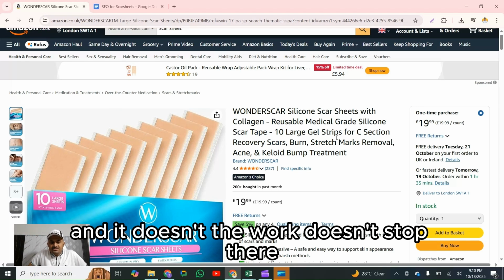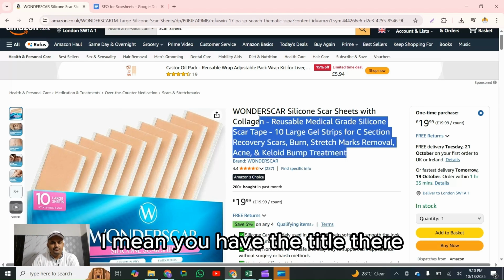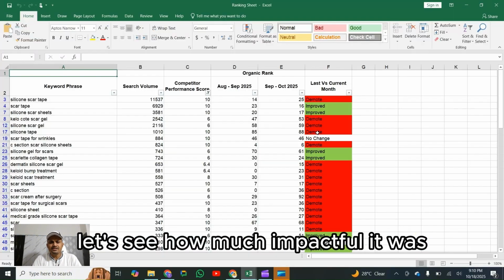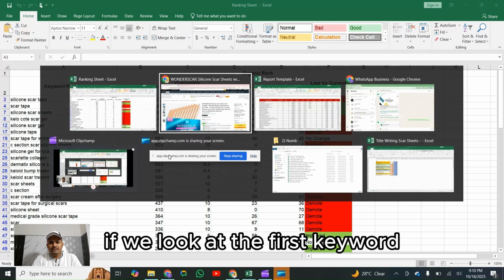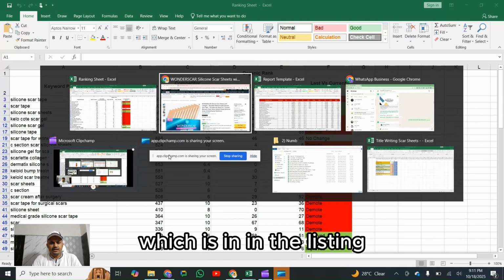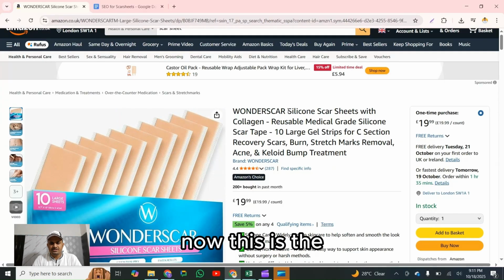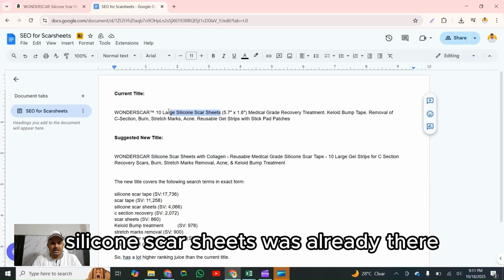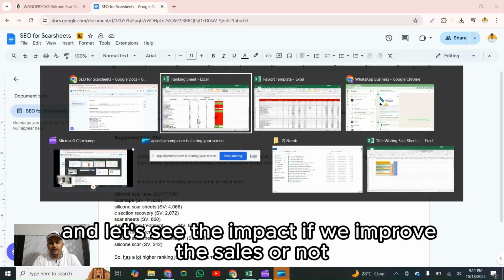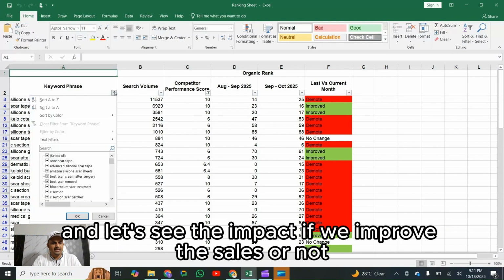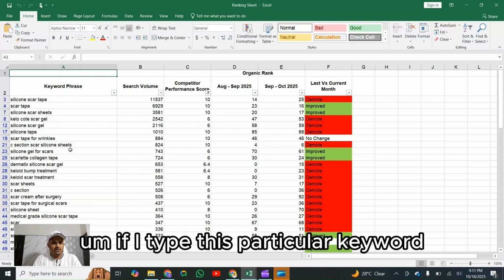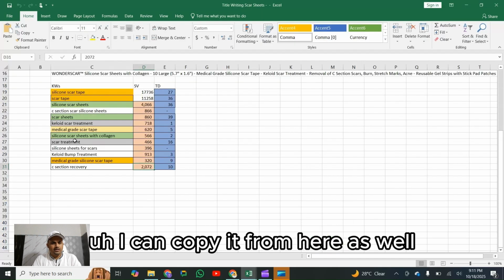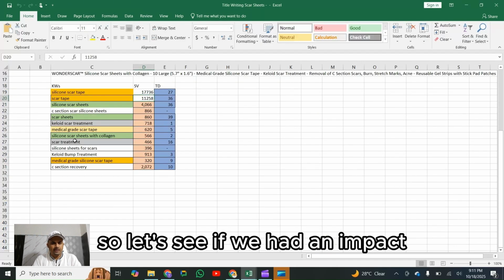And the work doesn't stop there. You have the title there, and then you have to observe the impact. So let's see how impactful it was. If we look at the first keyword in the listing, silicon scar sheet, this keyword was already in the previous title. Let's see the impact, if we improved the sales or not. I can copy it from here as well. So let's see if we had an impact on it,